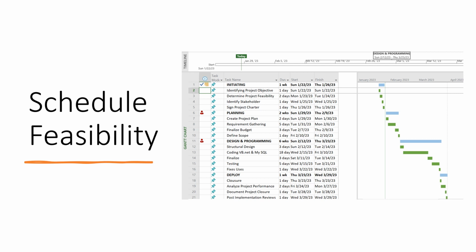So here we require 6 weeks, because in this project we are going to build a new system and need to build everything from scratch, which needs structural designing with new code of VB script and SQL. And here we will do some testing, fix the bugs, and finalize the coding. And the next is the deployment phase. Here we require 1 week to do the closure of the project and do some document analysis of how the performance is going. If there are any post-implementation issues, we are going to fix them there.